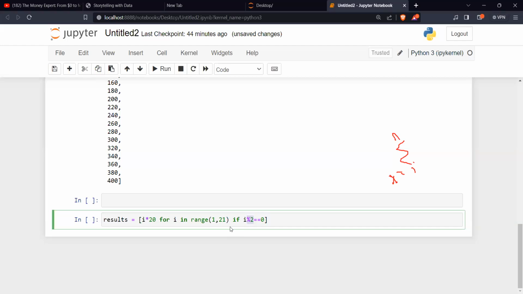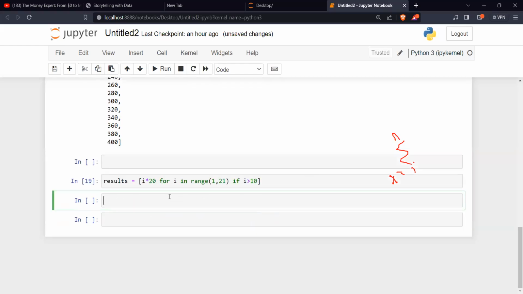Or if I say if i is greater than 10, what does this mean now? Okay, let's see if i is greater than 10. So what does this mean? The numbers that are greater than 10, you multiply them by 20, right? Okay.